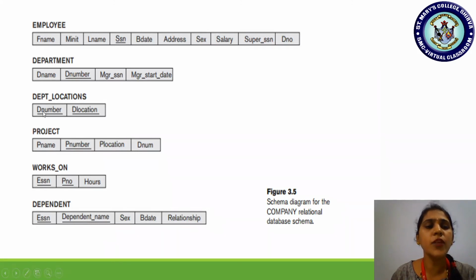It had the same real world name in the department location. This is okay, this is correct. In the real world, whatever name D number is found in the department, the same name may not be taken in other relations like in project. They may have given some other name, DNUM, but still it is a valid state. Are you all understanding? So the same name can be taken when it is added in the other relation, or a new name also can be given. Did you all understand? So in the employee, what is the new name they have taken? DNO, but in the real world, DNO is the same as D number.